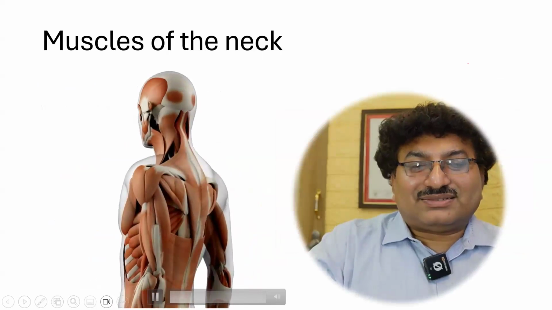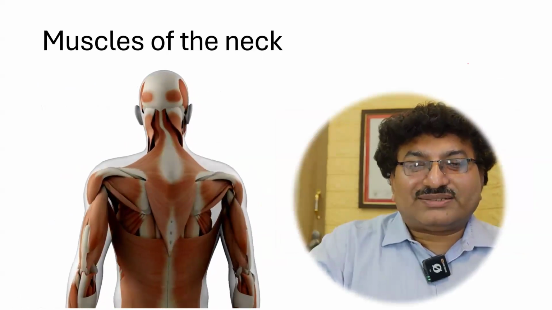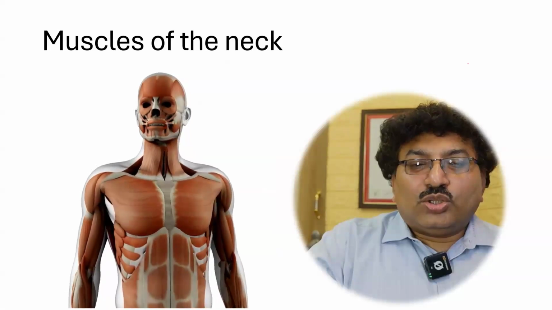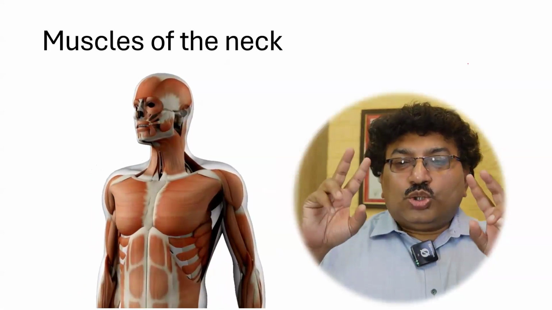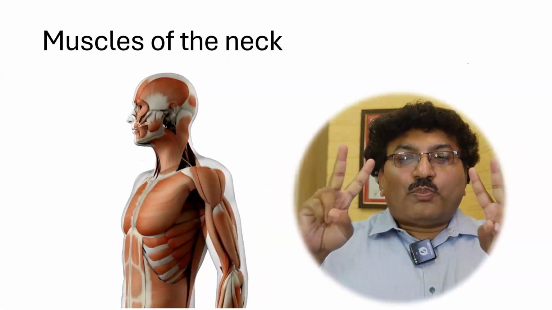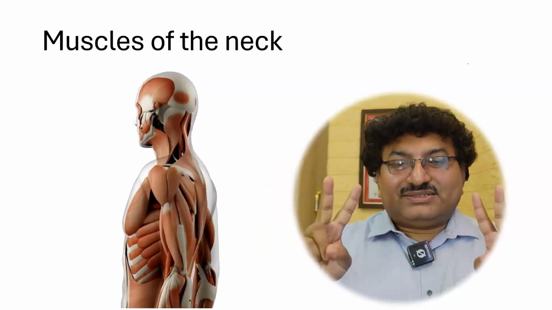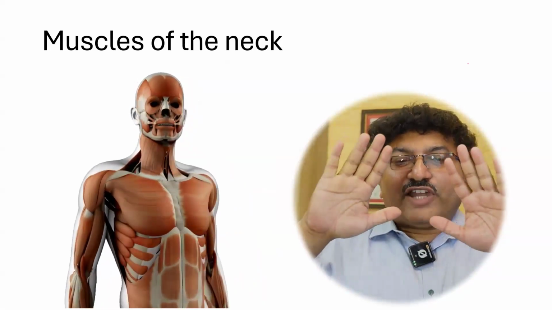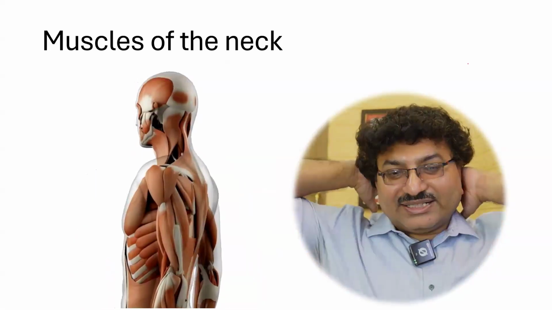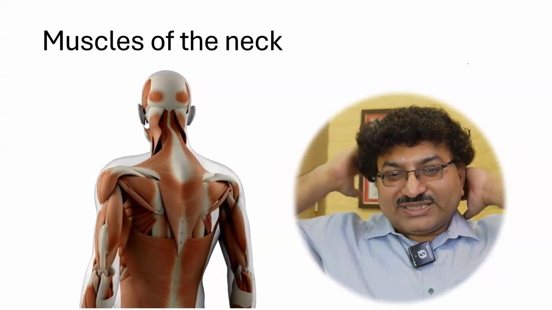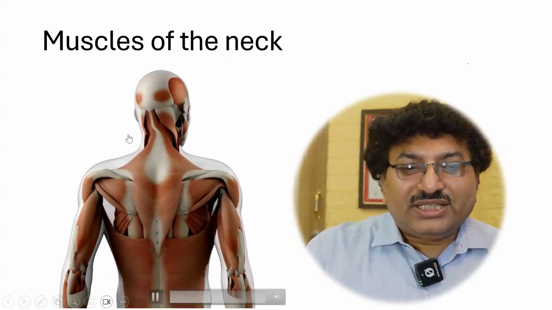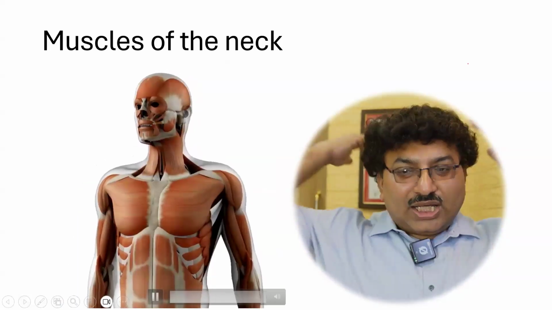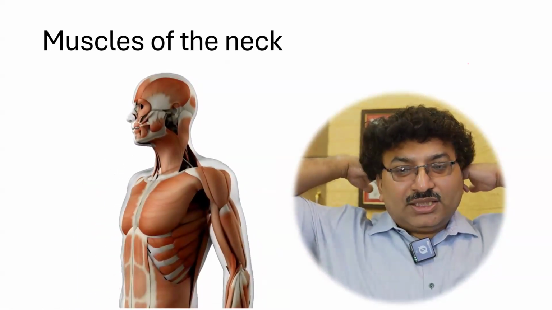So what are the muscles we have in the neck? We have four big muscles. In fact, if you name them, it will be two because there is one on the left side and one on the right side. They are flat, sheet-like muscles. Posteriorly, it is the trapezius. You see, the trapezius is a big flat muscle which is attached to the nuchal line. Then it is also attached to the